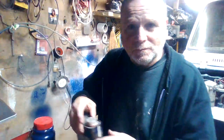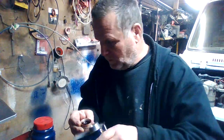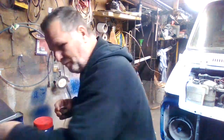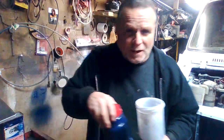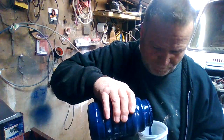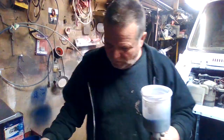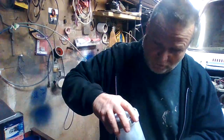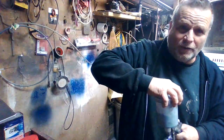Shake it up. Shake the mixer. Here's my paint mixer. So I'm going to add a cap of the hardener. I'm going to mix it right in the gun. The hood is not going to take a full gun. I'm going to add in 1/4 of the cup. If I don't use it all, unfortunately, it'll just end up in the waste. But what am I going to do? I want to make sure that